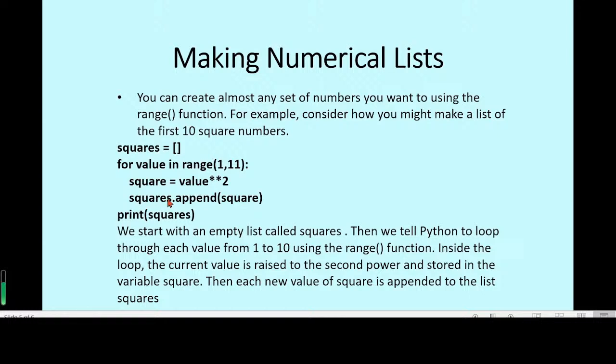Then in the list of squares, we append this square, and so on. Then when the for loop is finished, we print out this squares list. So we start with an empty list called squares, then we tell Python to loop through each value from 1 to 10 using the range function, and inside the